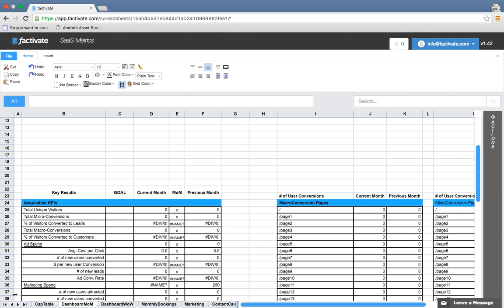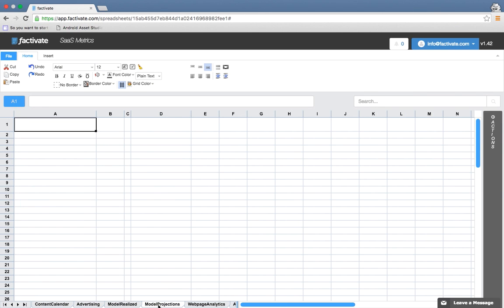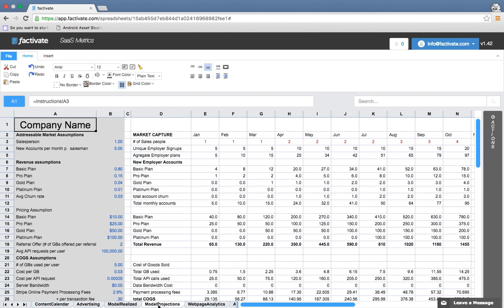So now that you have this really awesome interconnected spreadsheet, you want to see how all this data affects your model, right? So as a startup, you've probably built a business model. Well, we did the same thing here. We set up a tab for projections for our model, and we set up a tab for what's actually happening with our business so that we can compare both. This projections model was actually taken from Co-Founders Capital in North Carolina. We have adapted it quite a bit, but it gives us a really simple, elegant way for us to